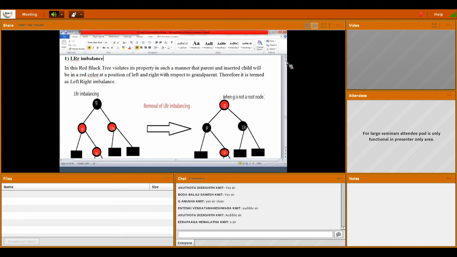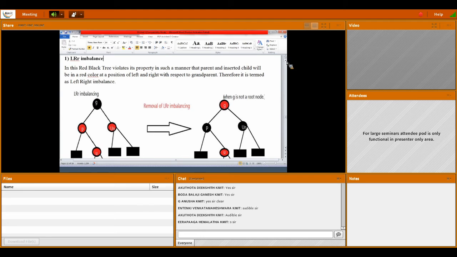So G is the grandparent, and the grandparent's left node is the parent node, and our inserted node U is on the right side. So it is a left-right with respect to the grandparent. Then you have to use this LR recoloring. This is capital L, capital R, small r recoloring in balancing.